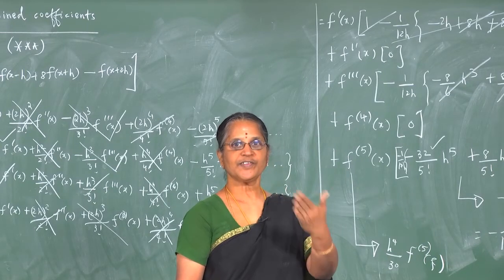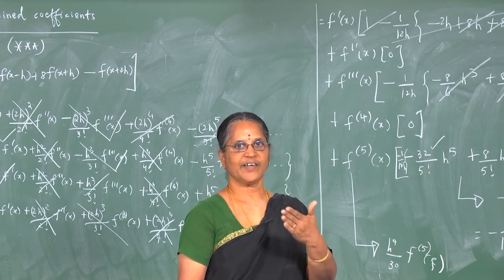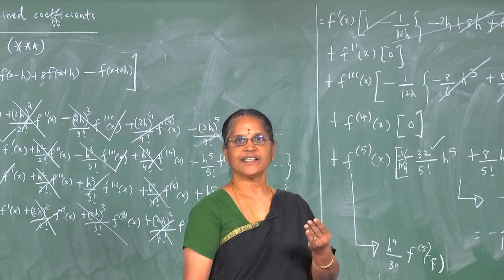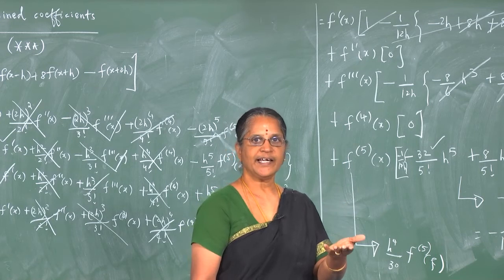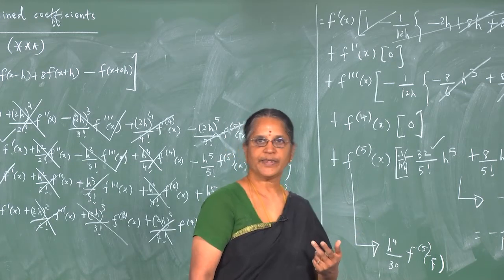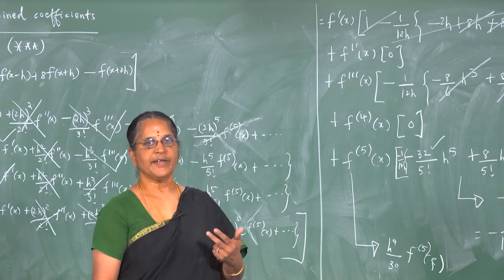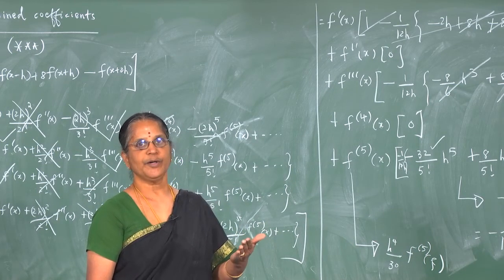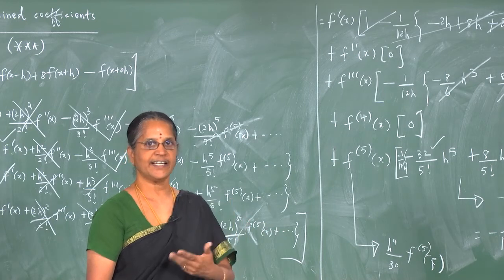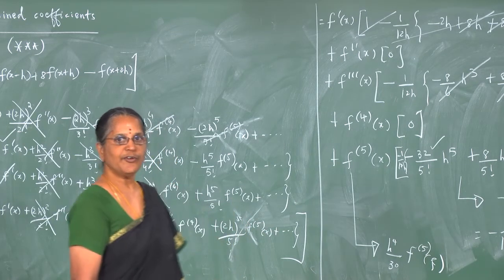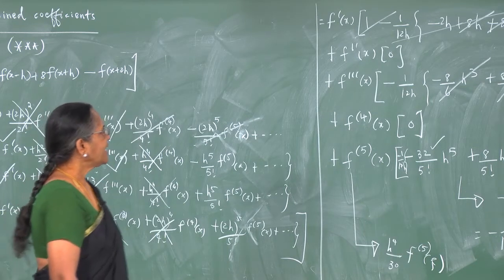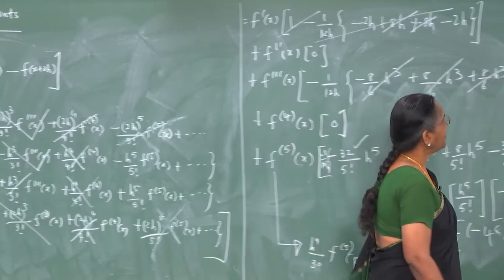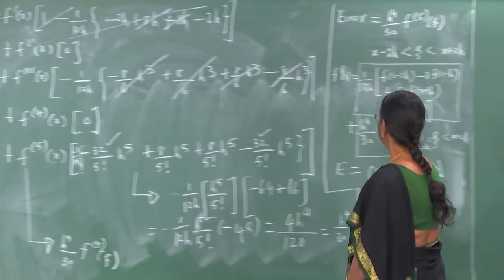Namely, we impose the conditions in such a way that there are as many conditions as we have unknowns appearing in the proposed formula. And so, depending on that, we make the method exact up to polynomials of certain degree and determine these unknown coefficients and compute the error that is incurred in that proposed method, which gives us the